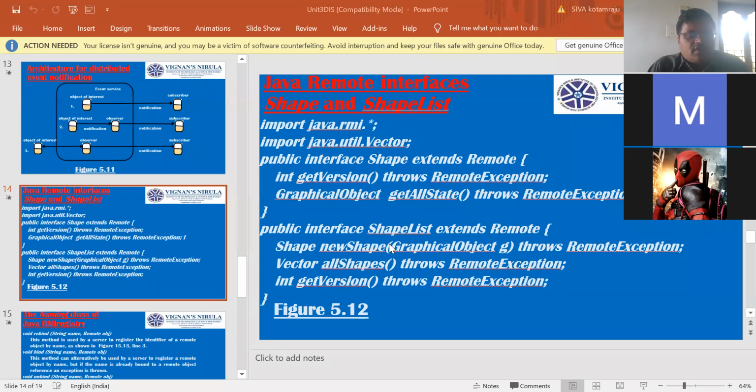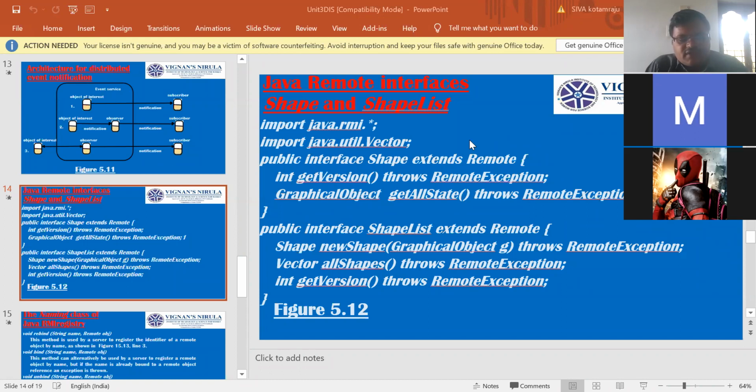And what about passing remote objects? When the type of a parameter or result value is defined by a remote interface, the corresponding argument or result is always passed as a remote object reference, ROR.